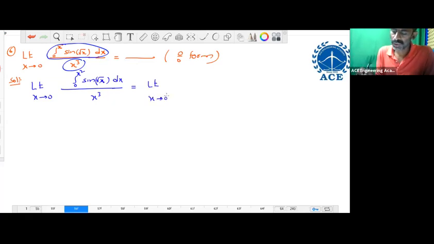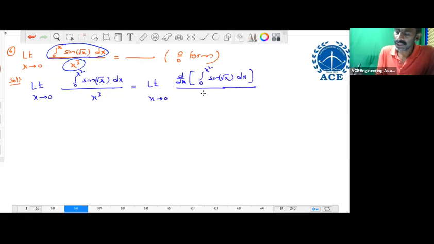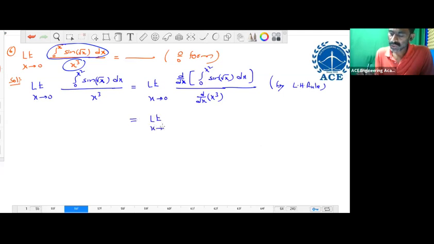Limit x tends to 0 of the derivative of the numerator. That is, we write d by dx of the integral from 0 to x squared of sine of root x dx. In the denominator, d by dx of x cubed only. That is, we are differentiating the numerator and denominator according to the L'Hospital method. By the L'Hospital rule, because of the 0 by 0 form, this equals limit x tends to 0 of,